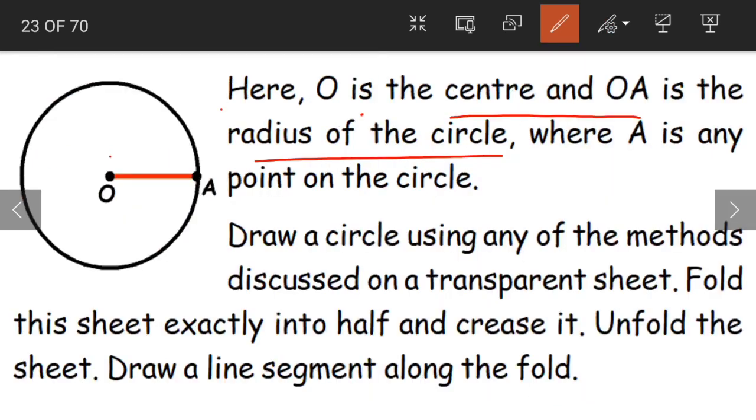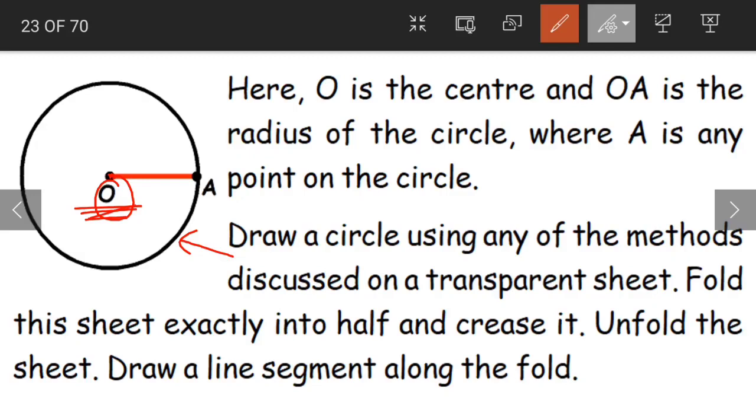If we look at a circle, the middle point of the circle will become the center of the circle. What does center mean? Center means the middle. Yes or no? Yes. So in the same way, children, when we take a circle, the middle point of the circle is nothing but the center of the circle. We give this point, the center point, the name O. So we say for the given circle, O is the center. If someone asks you by showing this picture what is the center of the circle, what should you say? O is the center of the circle.